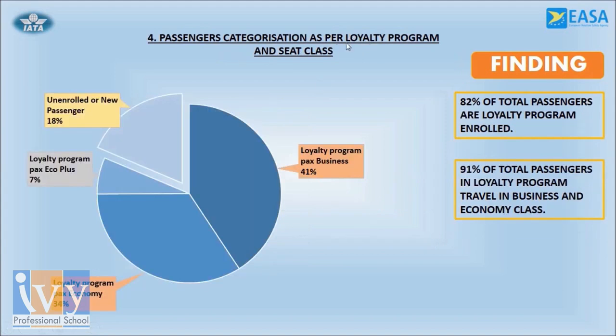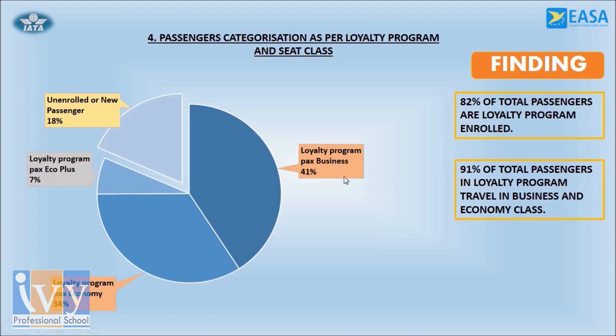Over here, the loyalty program that we discussed, and the seat class. As you can see, the unenrolled or the new passengers are 18%, whereas that leaves us with 82% of total passengers enrolled in the loyalty program. That's a huge number. Now, out of these 82%,